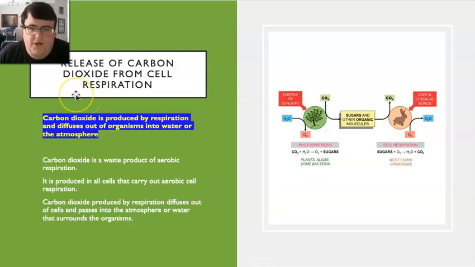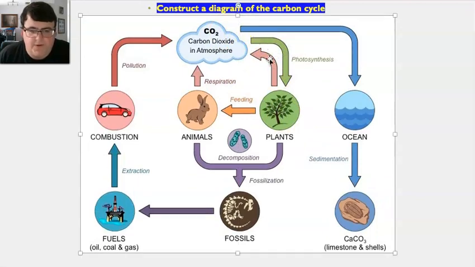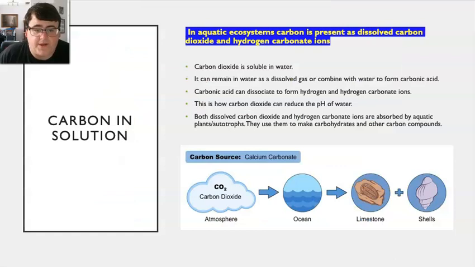So we've got how carbon dioxide is being taken in. If we go back to our carbon cycle, we've got this part all done. We've got this green arrow here being covered, how carbon dioxide is being taken into plants. Now we want to look at this pinkish arrow, the respiration arrow. So if we go back to